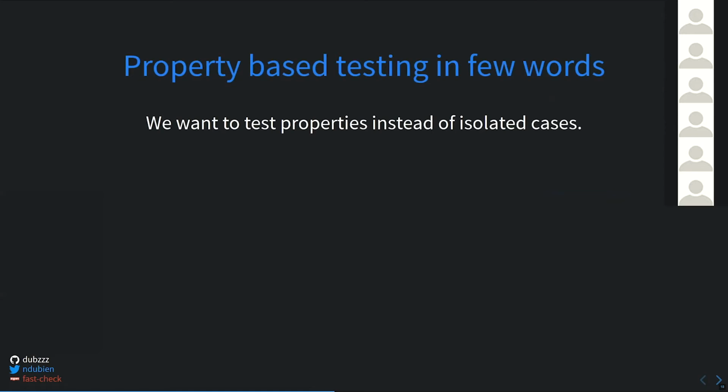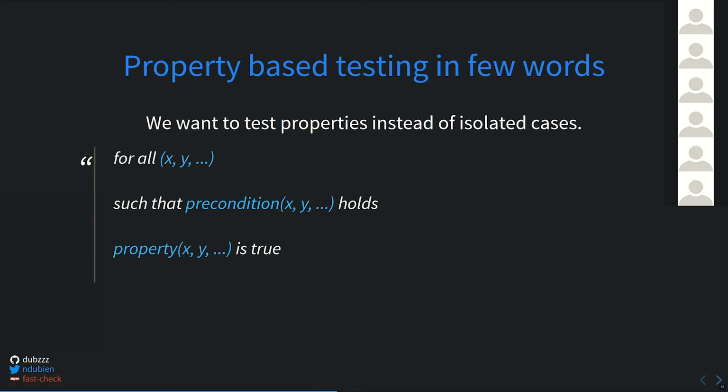So basically, property-based testing will test properties instead of isolated cases. In our previous set of examples, what we were doing was just covering very hard-coded examples. And for those hard-coded examples, we were thinking about possible outputs. In the case of property-based testing, what we want to do is to test properties. So basically, properties can be expressed as follows. For all x and y, such that x and y satisfy a certain precondition, I want to check